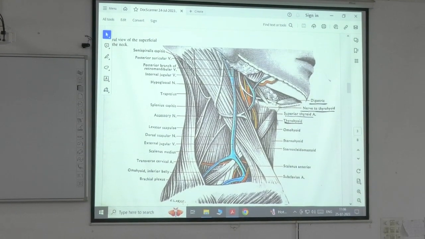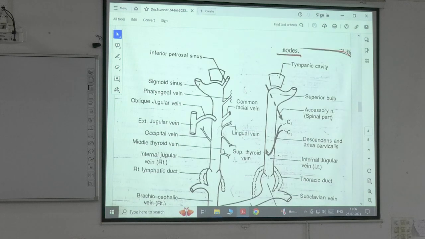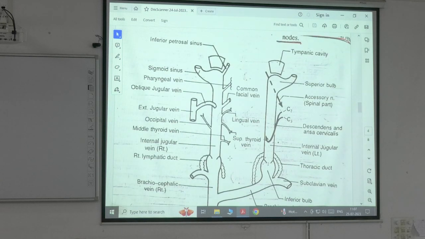এখানে সুন্দর দেখাচ্ছে এক্সটার্নাল জুগুলার ভেনকে, এবং এখানে ট্রানসভার্স সার্ভাইকাল আর্টারির সঙ্গে ভেন আর দেখাচ্ছে না। আর কি দেখাচ্ছে? ফরমেশনটা দেখিয়েছে, দেখো হাউ দ্য এক্সটার্নাল জুগুলার ভেন ফর্ম বাই পোস্টিরিয়র অরিকুলার এন্ড পোস্টিরিয়র ব্রাঞ্চ অর পোস্টিরিয়র ডিভিশন অফ দ্য রেট্রোমেন্ডিবুলার ভেন, একদম উপরে ম্যান্ডিবলের নেকের একদম ক্লোজে, বিহাইন্ড দ্য নেক অফ দ্য ম্যান্ডিবল। তারপর তোলো, এই যে ছবিটা আমি এঁকেছি, আরেকটু তোলো, আরেকটু।